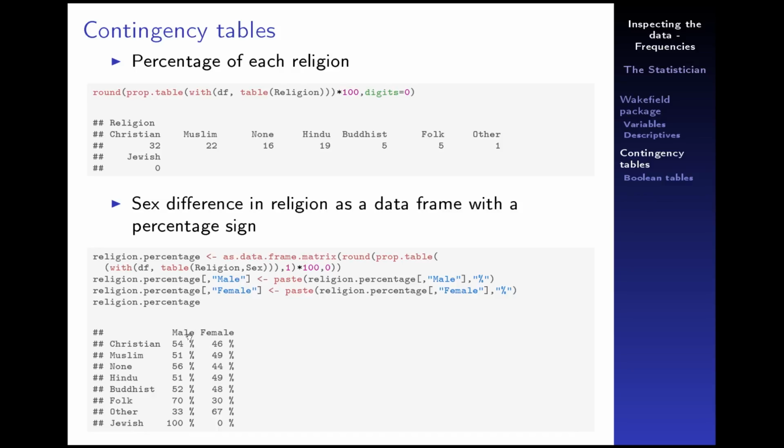Okay, so yes, we can see that males are usually the bigger group in each denomination, except for others. And well, after using paste, you cannot then calculate mean or anything, because these are now characters instead of numbers, numeric variables. All right,